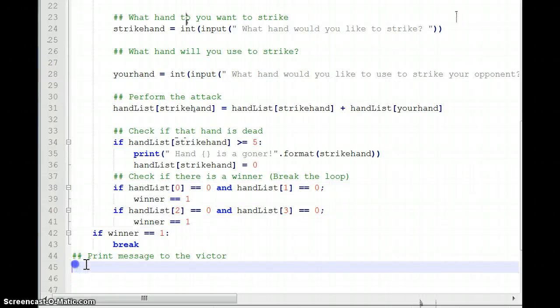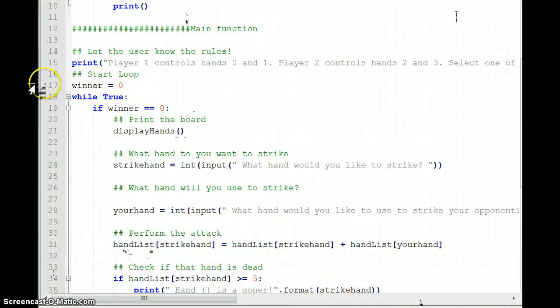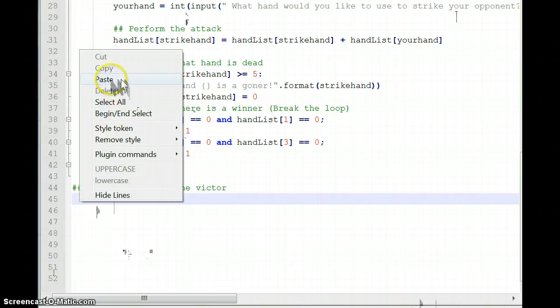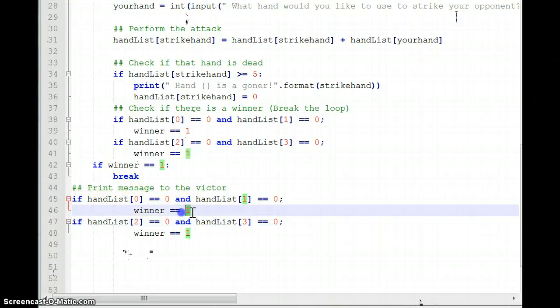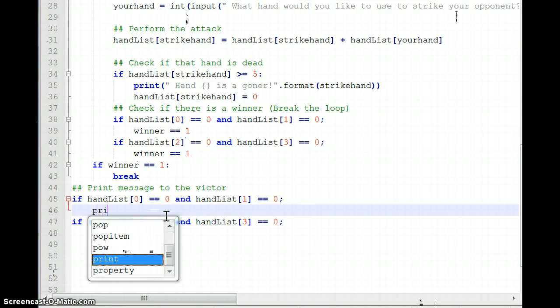So now I'm outside of my loop, right? So now this breaks. So this entire loop from this while true thing is broken. So I go all the way, like, dedented, right? So I'm going to say if these two things are true, right? If this hand is 0 and this hand is 0, then I want to print off a message, like, print